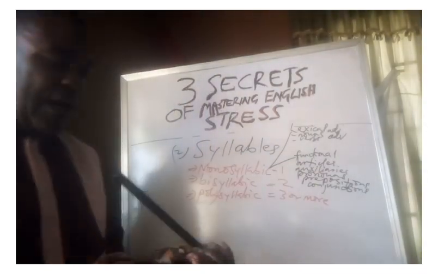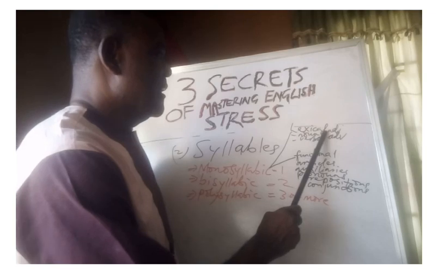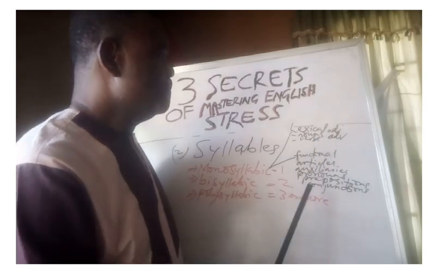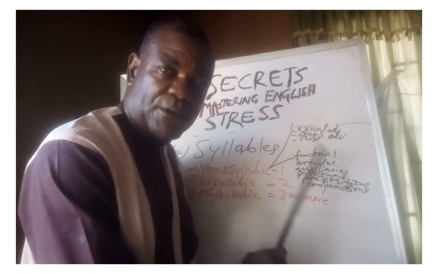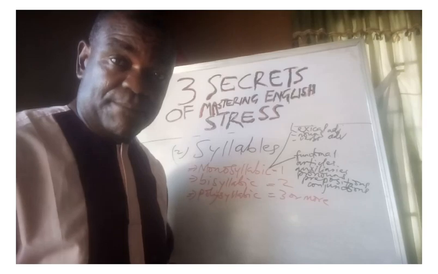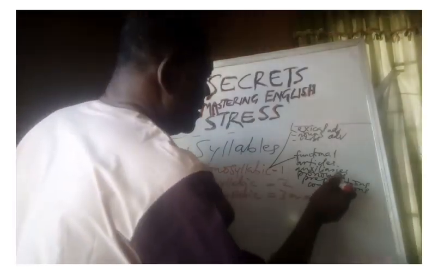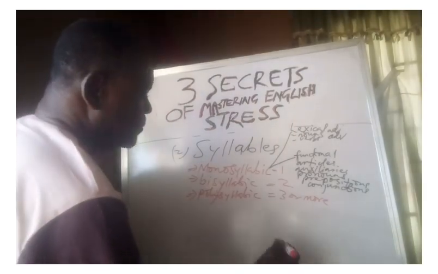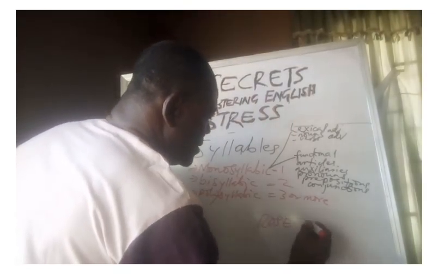These are functional words, and so when we speak in our English speech, we stress the lexical words and we unstress the functional words, and that is what gives English the rhythm. Now let's look at one particular example. If you say, for instance, Rose